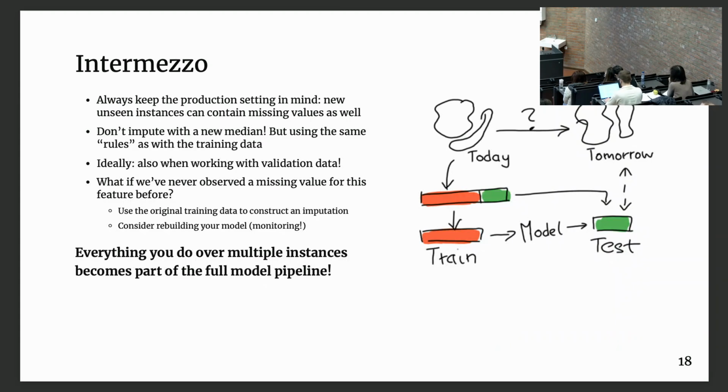I will stop today with this intermezzo, and like it was already mentioned, the reason why you can't use your class labels is because you do not have them for unseen instances. Again, that's the reason why we split so quickly into a train and a test set, right? So not just your model itself is part of the modeling pipeline, but also every pre-processing step that you do also becomes part of your deployed pipeline